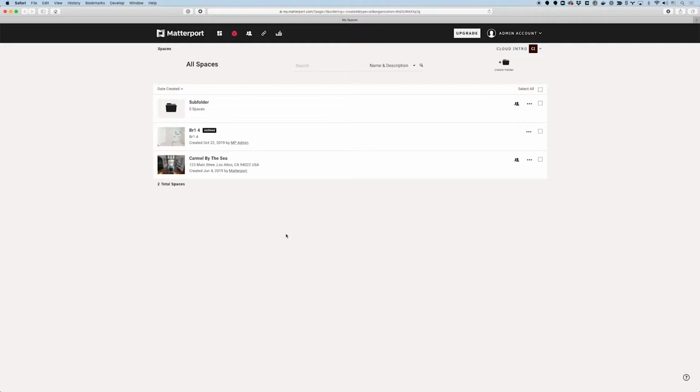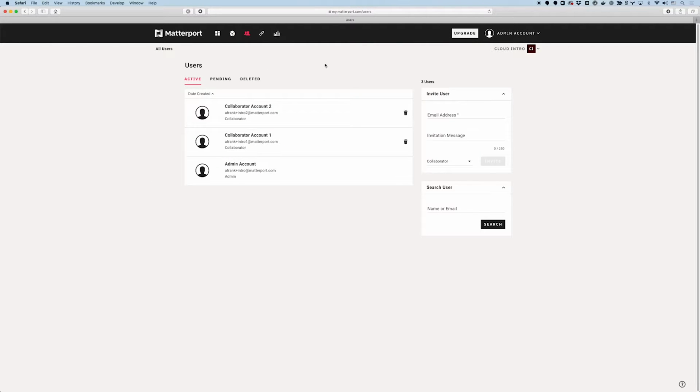So typically, adding collaborators is a two-step process. The first thing is you bring the collaborator in as a user of your account. And the next thing is to share the models with them. In order to invite anybody to help collaborate in the account, I first need to invite them using the collaborators page right over here. And here, what I can do is just go ahead and send an email invitation to invite those collaborators into my account.